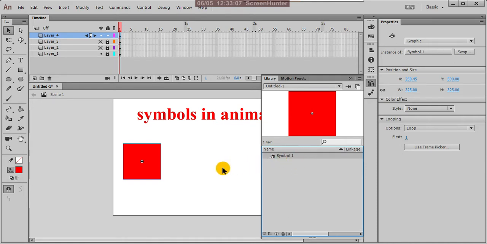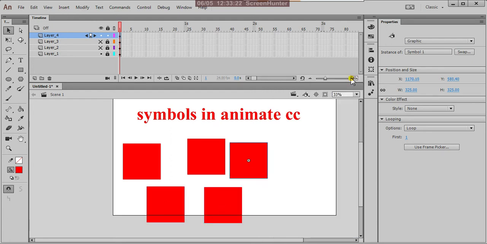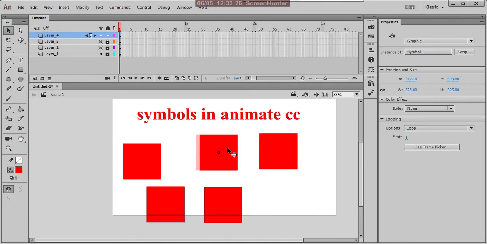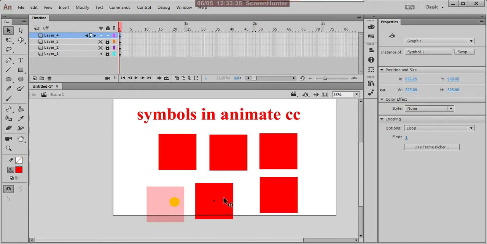You can drag this symbol onto the stage, or drag from here also, and I am dragging this symbol. Yes, see, one more you can drop, one more, as many as you want. These are the copies of the symbol, but here we say it is an instance of the symbol.